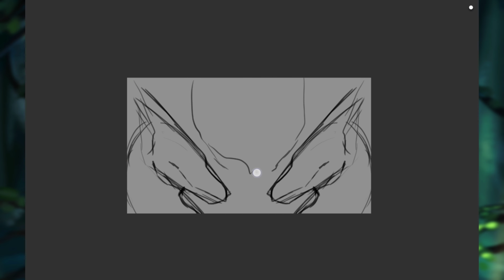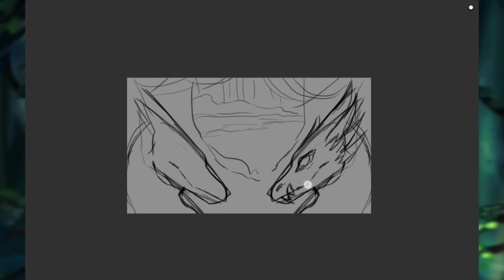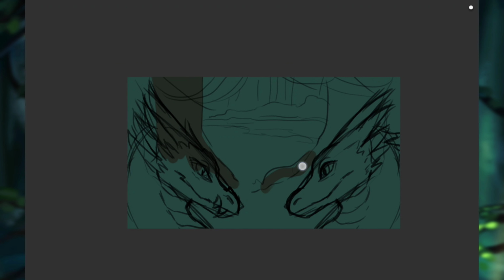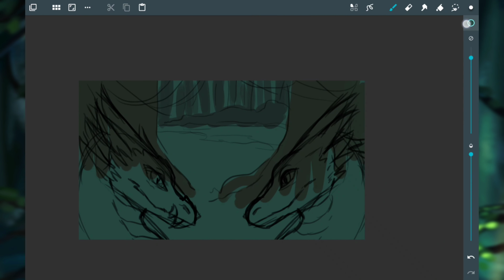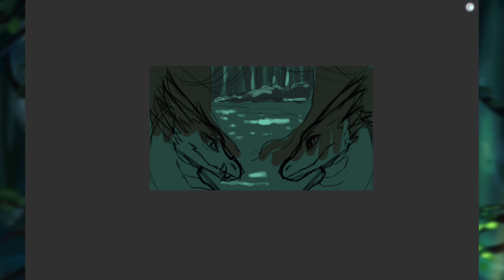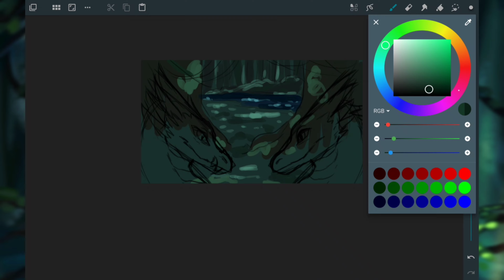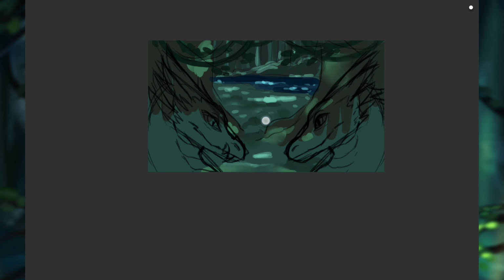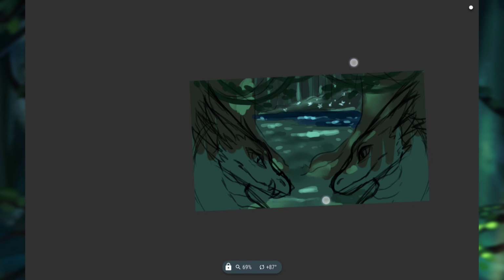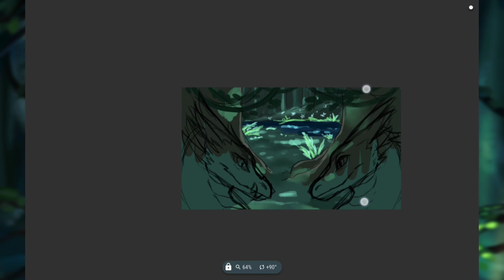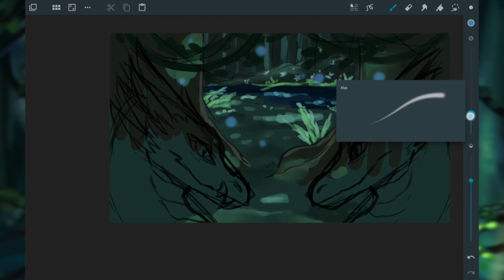Kaz has commissioned me to draw them a Discord banner, and I am drawing it at the Discord banner size, which is smaller than what most of my drawings normally are. They also requested that I make their Discord server's icon as well, and we decided that I draw the dragons and then use the drawings I've done for the banner to create the icon, so we didn't have to draw a completely new image for the icon.